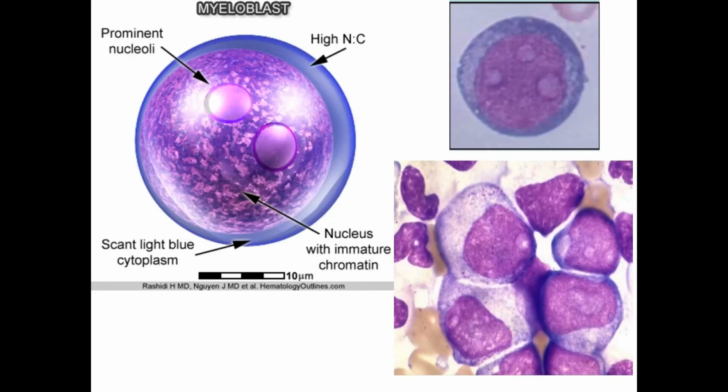Here are a few pictures of myeloblasts. So it's a large cell with a large nucleus and less cytoplasm, that is why high NC ratio. Prominent nucleoli are there, numbering from 2 to 5. Chromatin is thin and interlaced, and cytoplasm need not have granules. Sometimes granules may be there, but it is not necessary for a myeloblast to have any granules. To the right side, you are able to see two images, both of real microscopy. So these are clearly large cells with a large nucleus, 2 to 5 nucleoli, and thin interlaced chromatin in the nucleus.